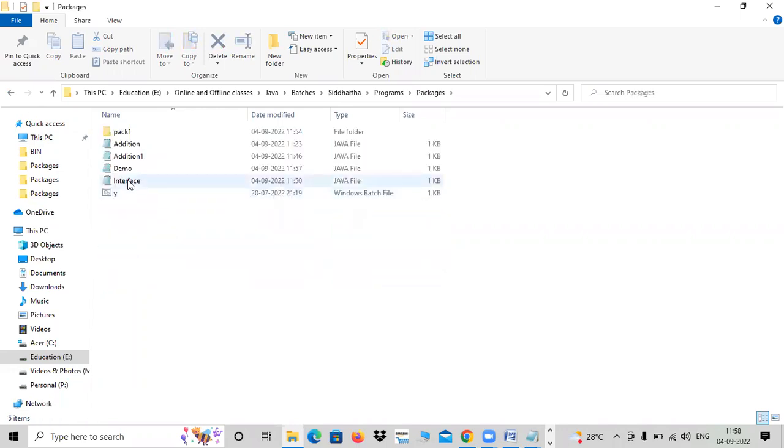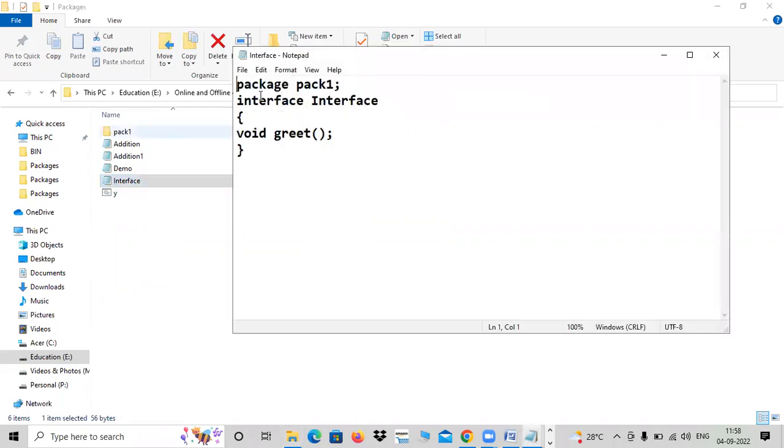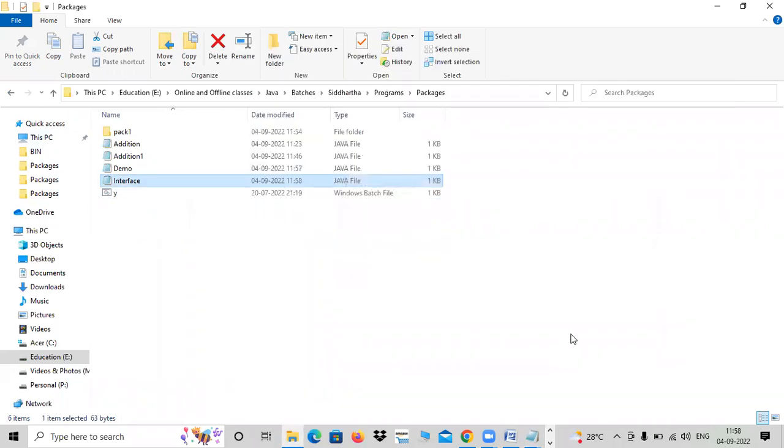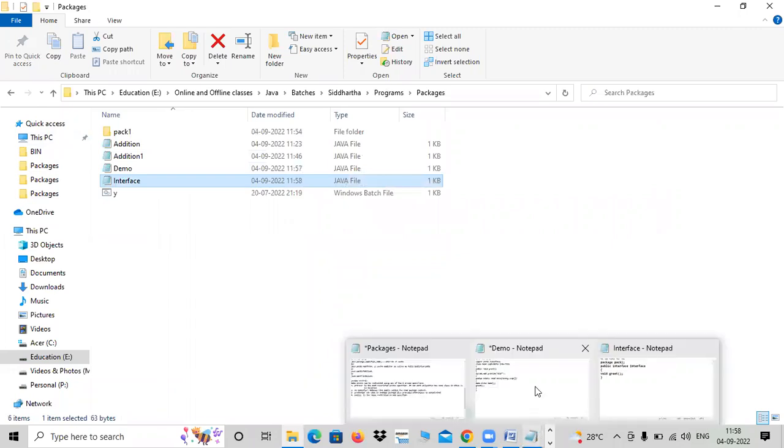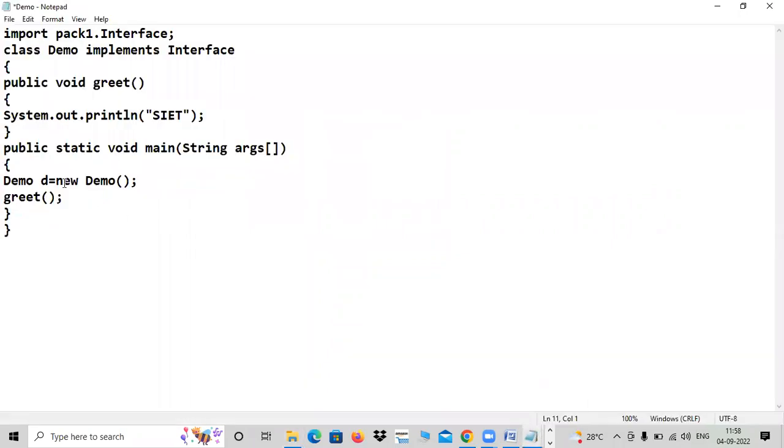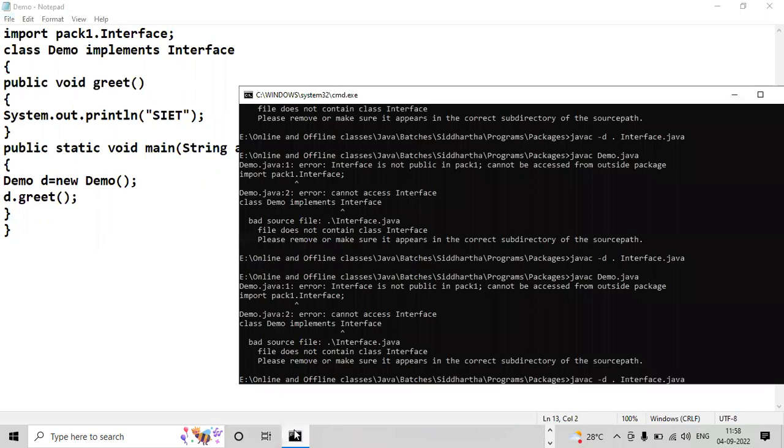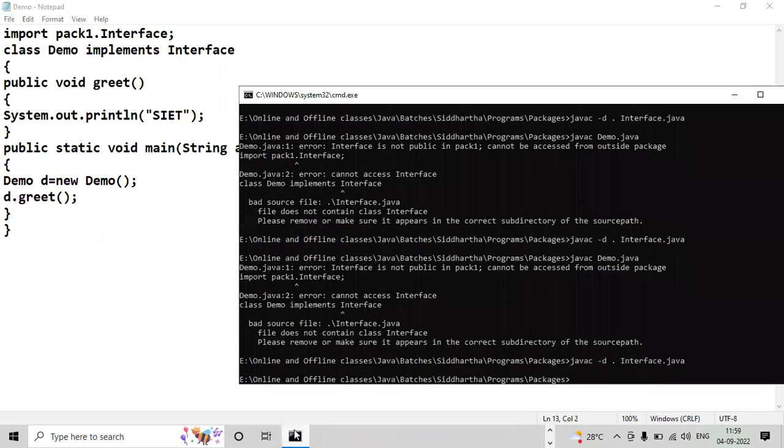So here is the mistake. Independently it is working, but it cannot be moved to the other level. You have to make it public. Right. That is the difference. Again, you need to compile and run it. You'll get demo. I have not changed it now. Nothing else is changed from demo. Yeah. Oh, here D dot. Right. Let me run this. Now it will come. No issue. Small thing. I forgot everything.